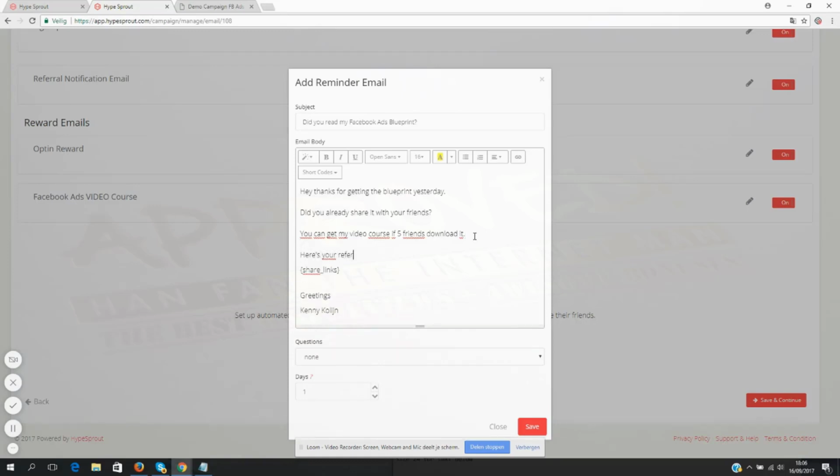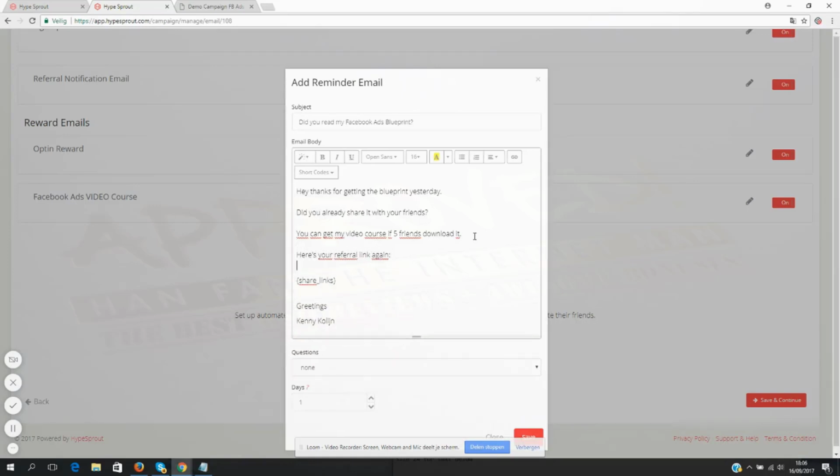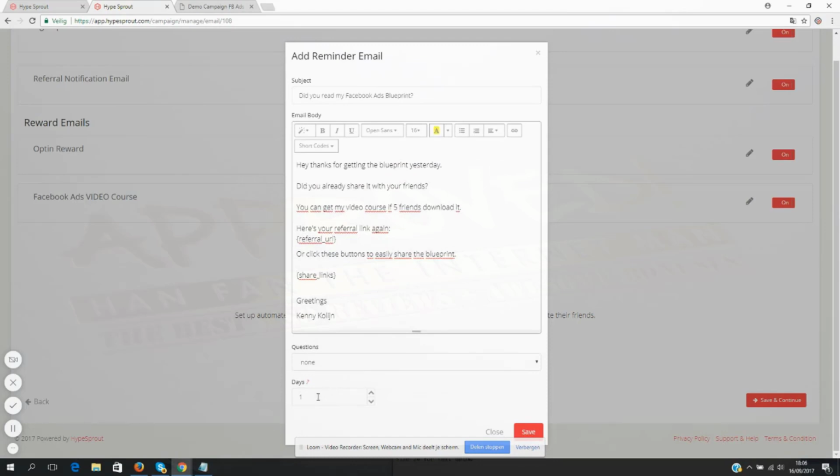Here's your referral link again. Just enter the referral URL here, or click these buttons to easily share the blueprint. Like this. And I will send this one day after,